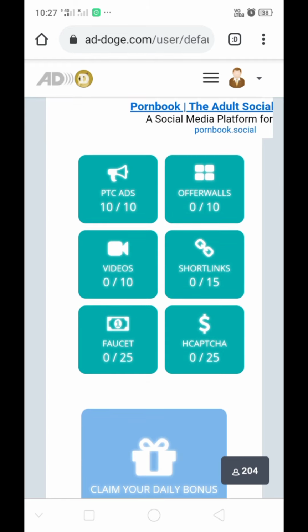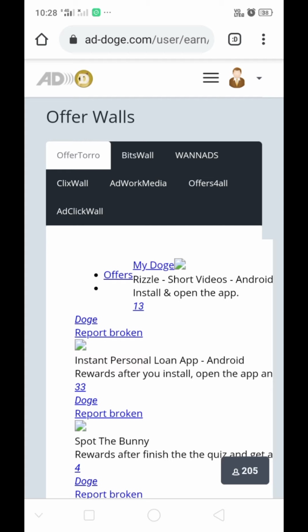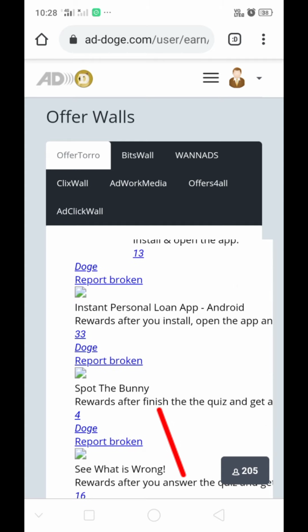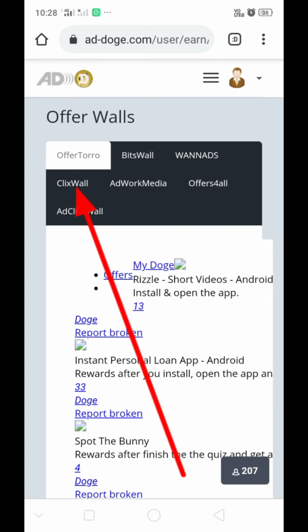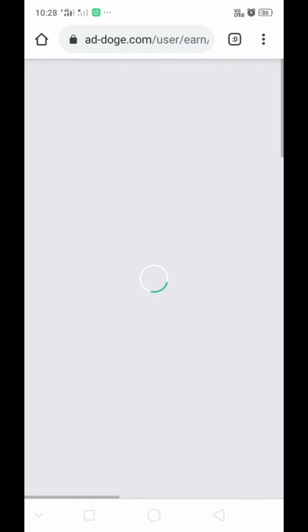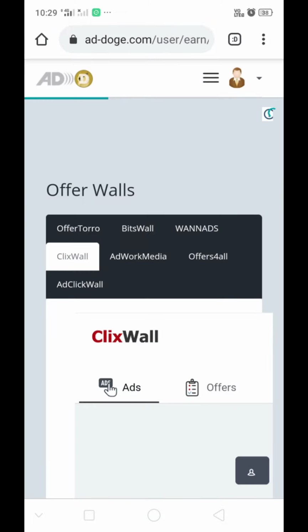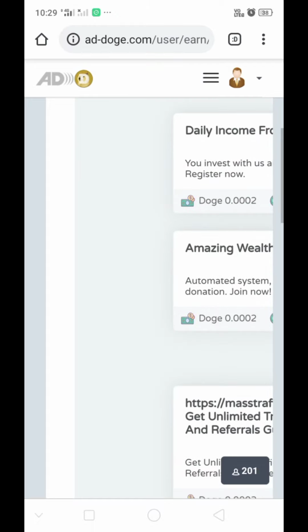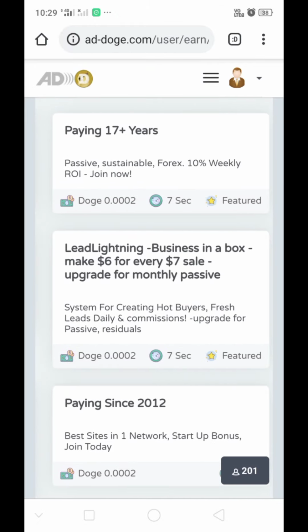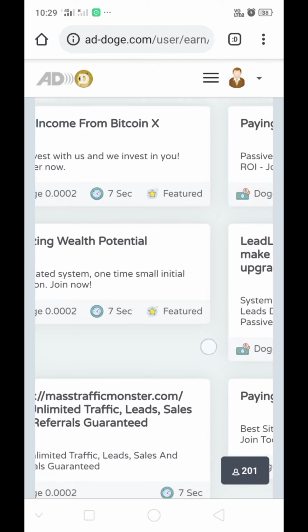Now go to offer walls and complete 10 offer walls. Okay, go to offer walls. Now go to click wall. Now click on this ad and wait 10 seconds and earn free doggy.